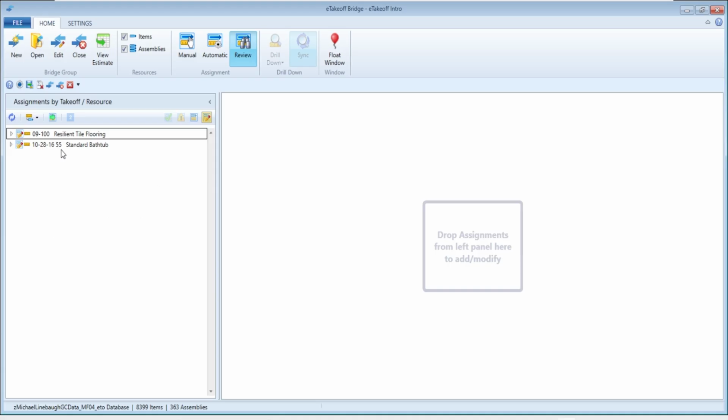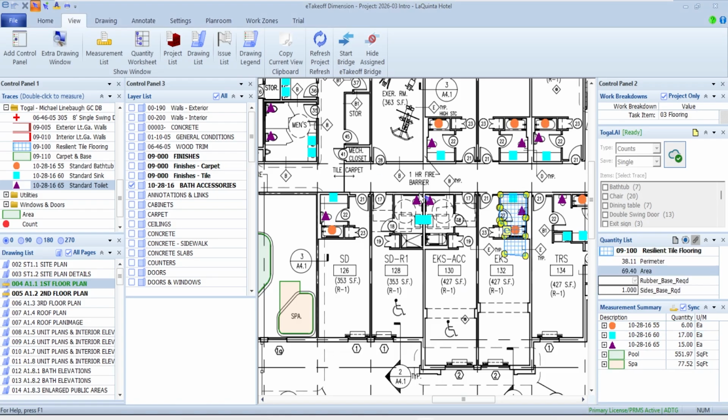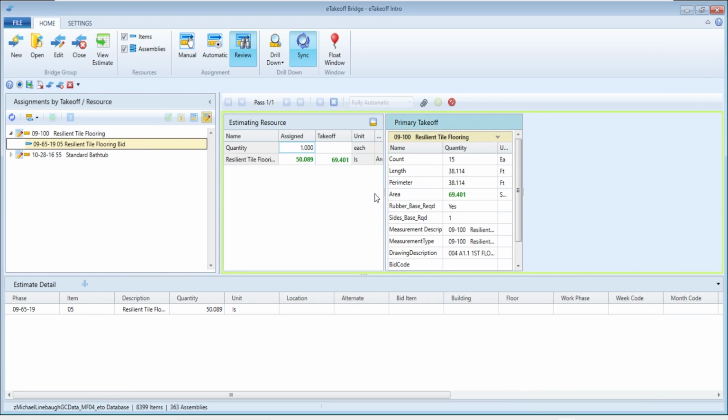These are all the things that I've went back and modified after I already pushed it over to an estimate. So if I start with that first one and look at it, this is that room that I made bigger. If I take a look, 50 is what I got on my estimate, 69 is what I currently got in my image takeoff. If for some reason I don't want that to affect the estimate, I could just close it up and not do anything.